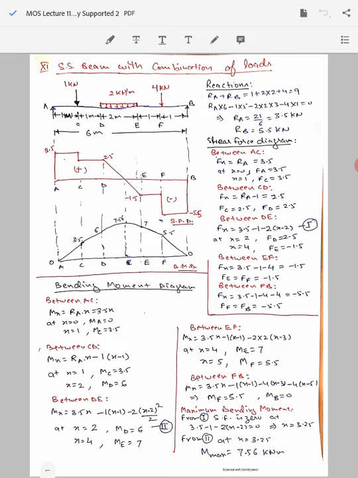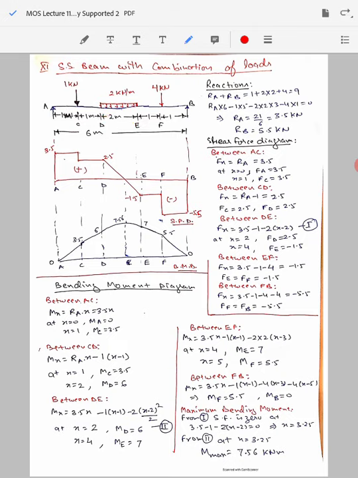One such beam is shown here. This beam AB is supported at point A and point B and is subjected to 2 point loads. One is of 4 kN at point F and the other is 1 kN at point C. Besides these point loads, the beam is also subjected to a uniformly distributed load of magnitude 2 kN per meter, and this load is being applied between point D and point E of the beam for a span of 2 meter length.